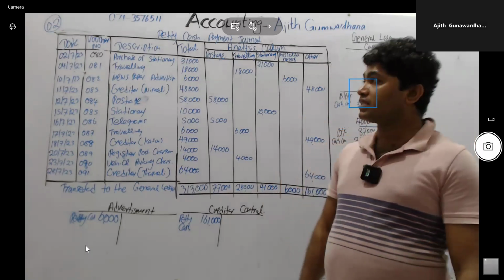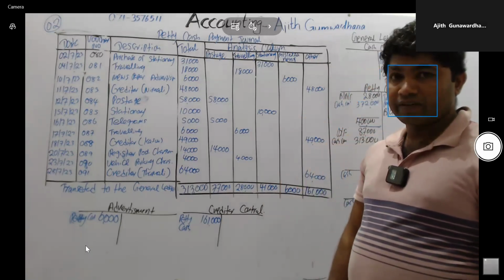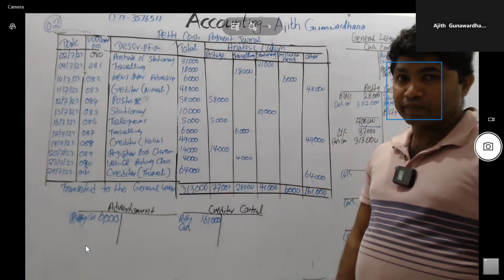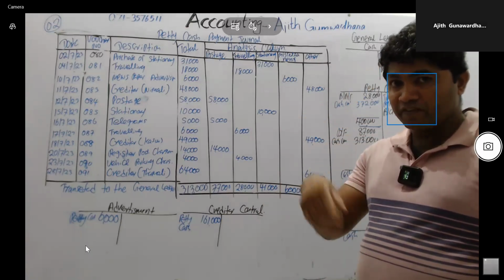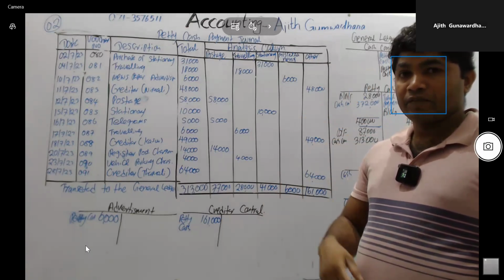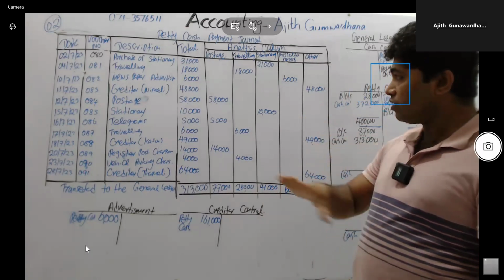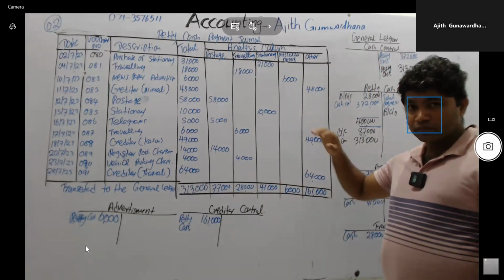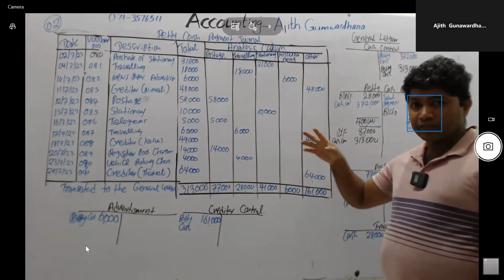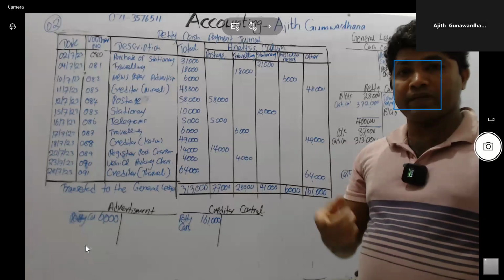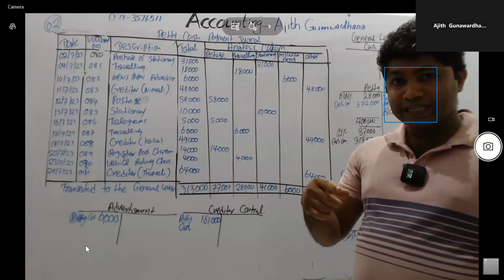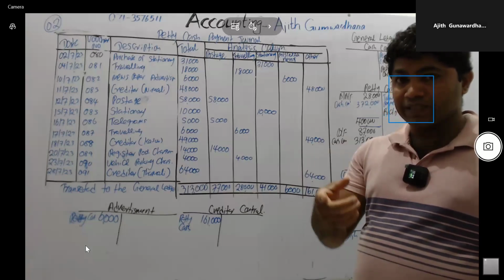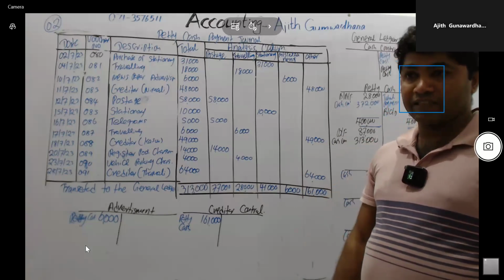Think organization, business transaction, our duty. We are going to provide information. Therefore, we are going to prepare financial statements. Therefore, each and every transaction from the beginning, all business organizations should record in the prime entry books. After that, it should be recorded in the ledger accounts. Then, by closing ledger accounts, the trial balance should be prepared. If it is not equal, error correction. Then adjustment. Then preparing financial statements.